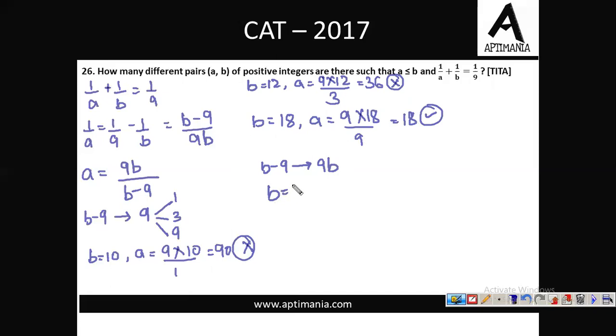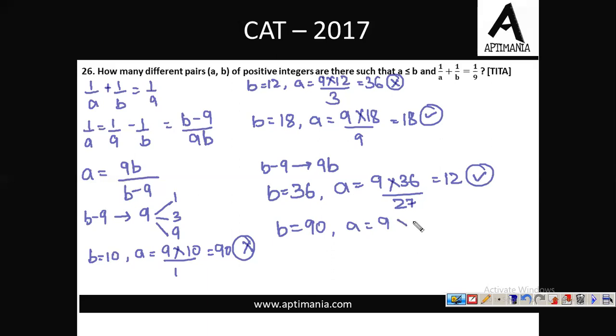For this, we'll assume b equal to 36. If we are assuming b equal to 36, we'll have a equals 9 into 36 upon 27, which turns out to be 12. This is again one of the solutions because a is less than or equal to b. The next case will be b equals 90. Here a will be equal to 9 into 90 upon 81, which is equal to 10, which is again a